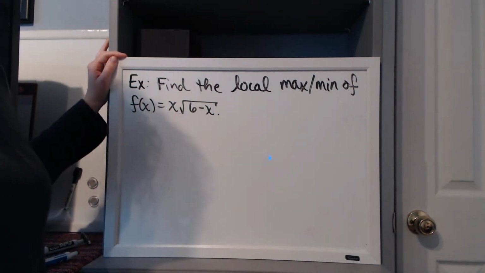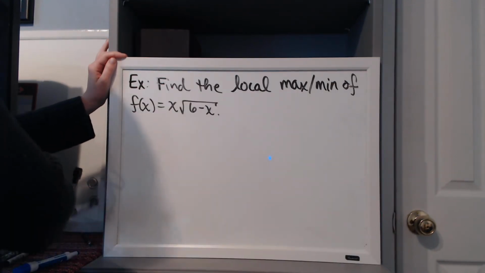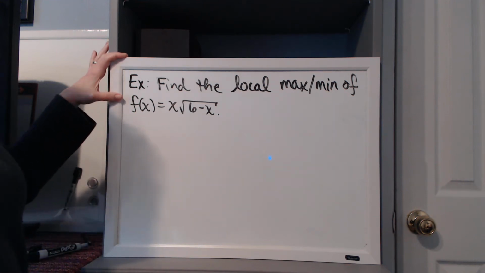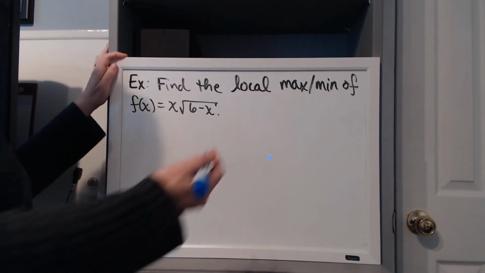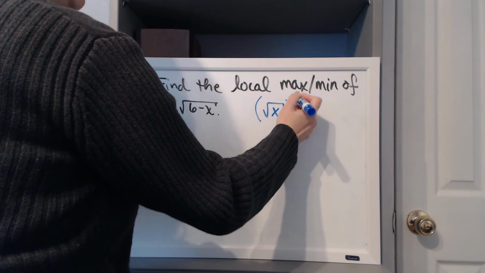All right, in this example, we're going to find local max and local min for f of x equals x times square root of 6 minus x. And to do that, we're going to need the derivative of f so we can find the critical numbers of f. And I'm going to remind you, because we're going to be taking the derivative of the square root, that